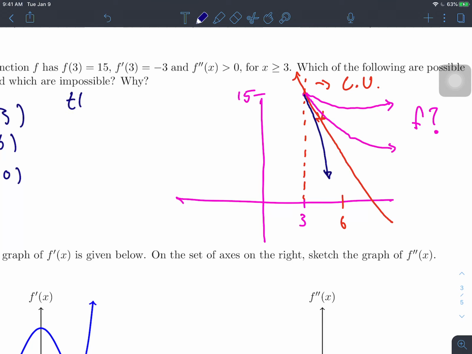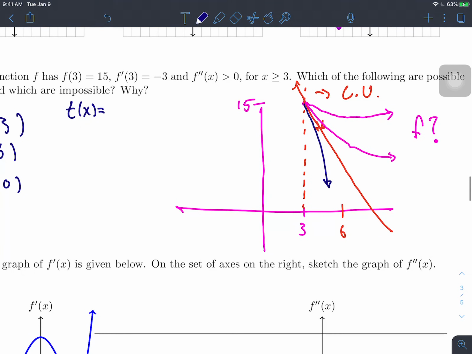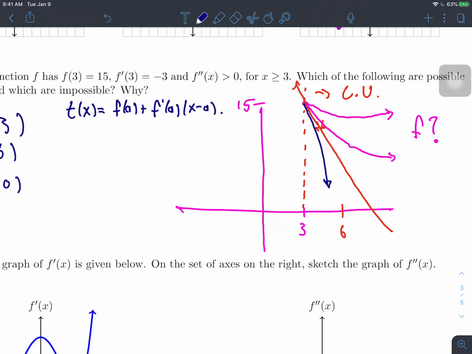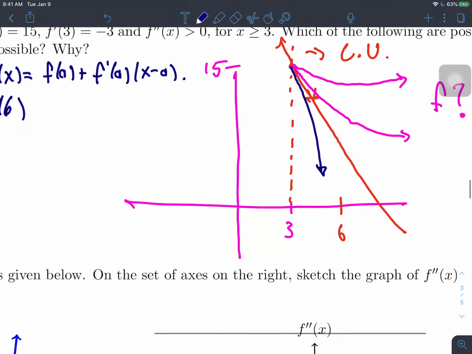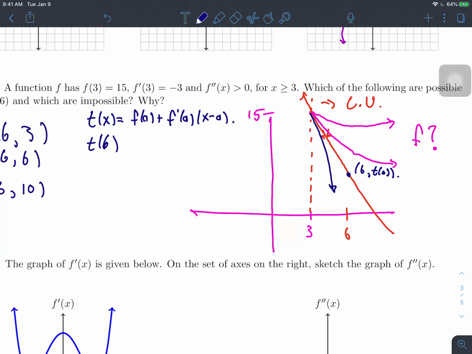Remember the tangent line equation. We've got T of x equals, and it might be a little too much to ask for someone to remember the formula this soon, f of a plus f prime of a times x minus a. So if I want to know what T of 6 is, T of 6 is going to give me the height of this point, which is going to be (6, T of 6). So let's go ahead and plug in. We know that f of a